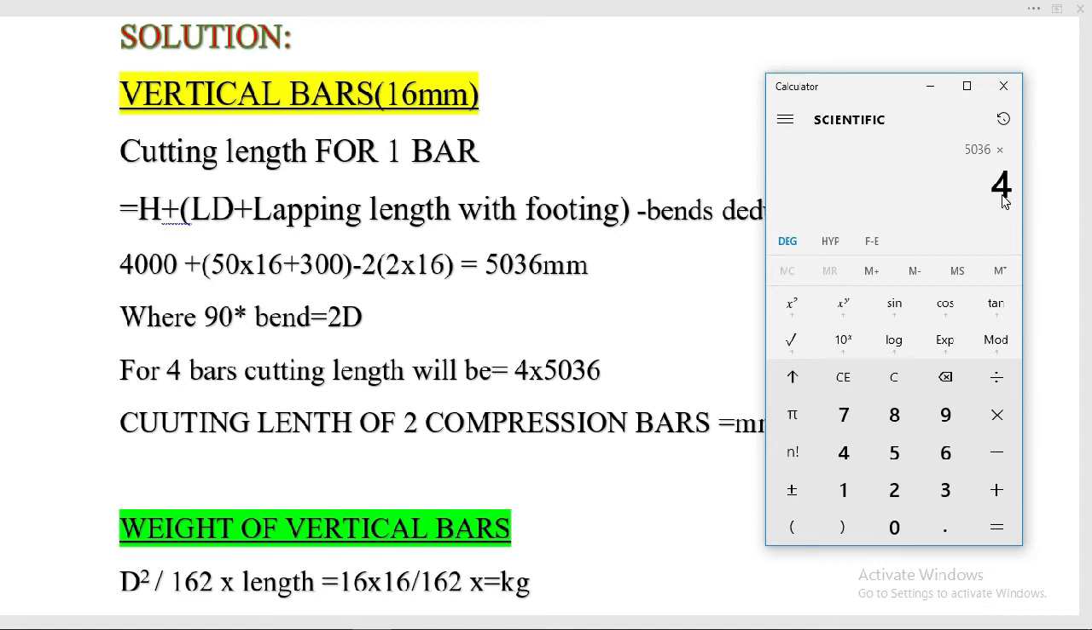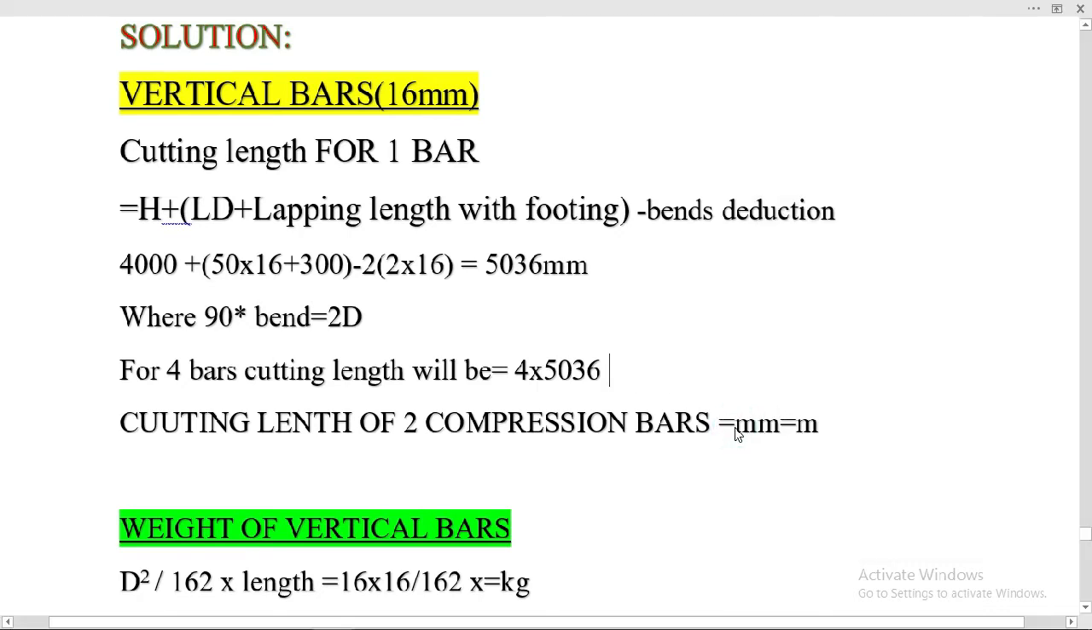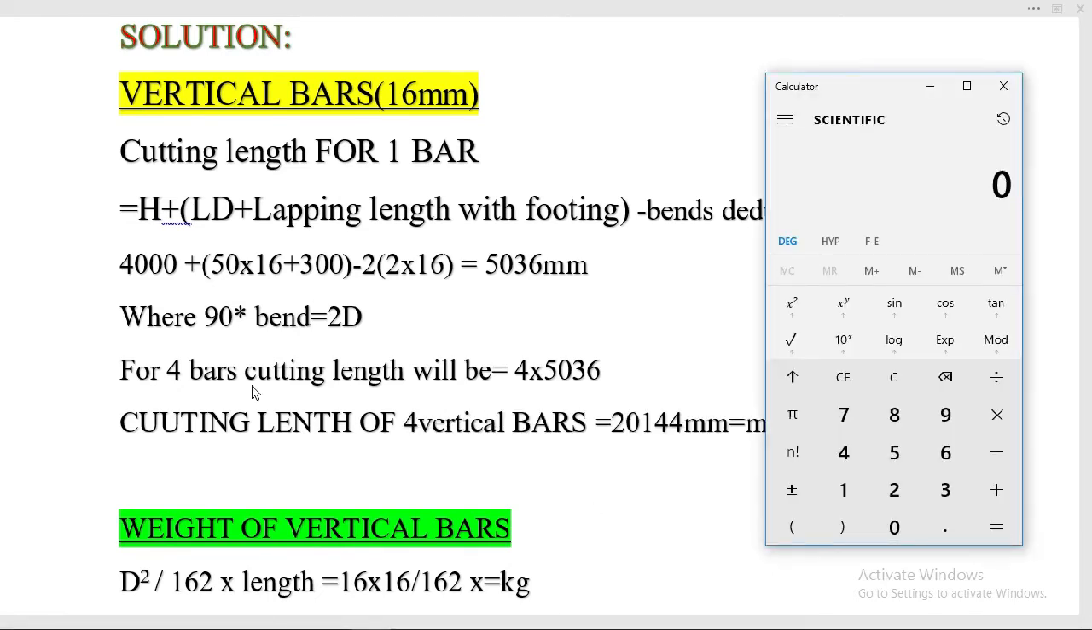5036 multiplied by 4 will give us 20,144. Here we will put 20,144 millimeter as the total cutting length for the longitudinal bars. So 5036 millimeter is the cutting length for one bar. Let's multiply it by 4. 5036 multiplied by 4, the total length we have is